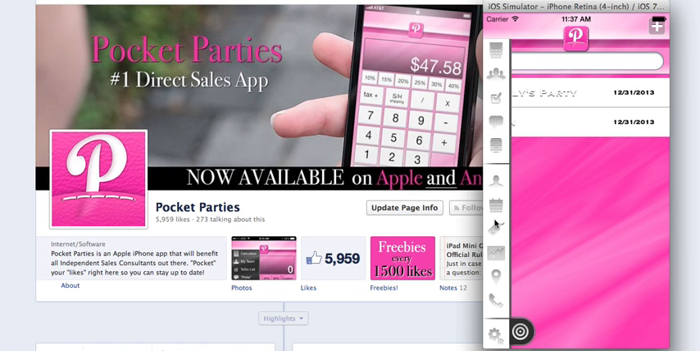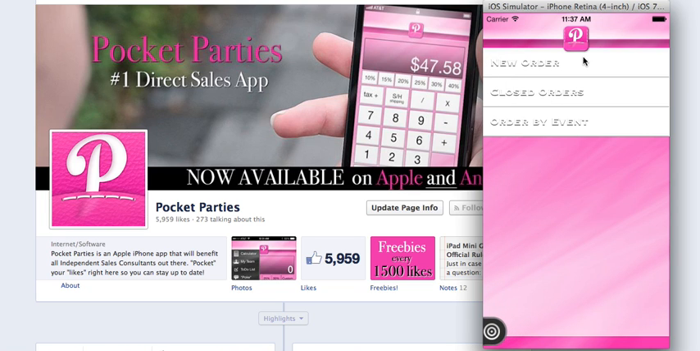So let's go back and create an order. Let's say we're at a party, at somebody's house. We're at Emily's party. We're done talking about our products, and we want to create an order real quick. We want to give them a